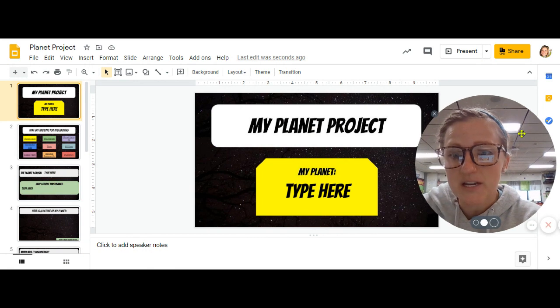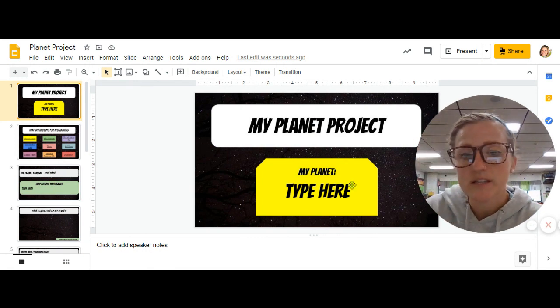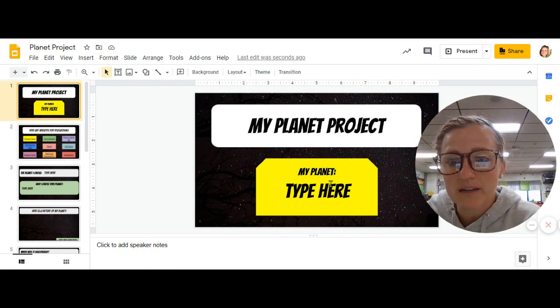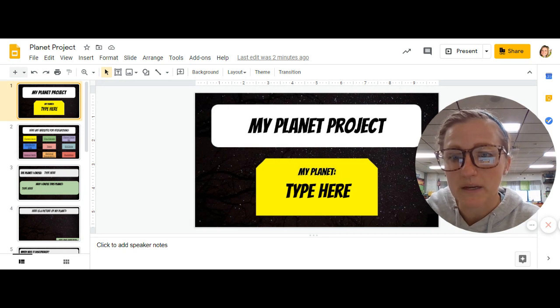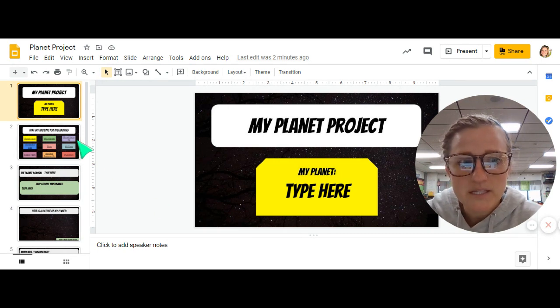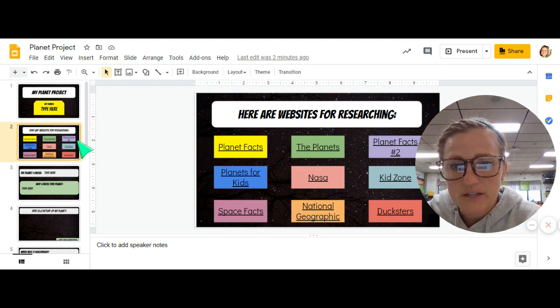So your first slide is your title slide. You can see that it has a place for you to type your planet. If you want to wait until you've done a little searching and learning to choose a planet, you don't have to type right away. The second slide in this presentation has 9 different websites for you to search and learn